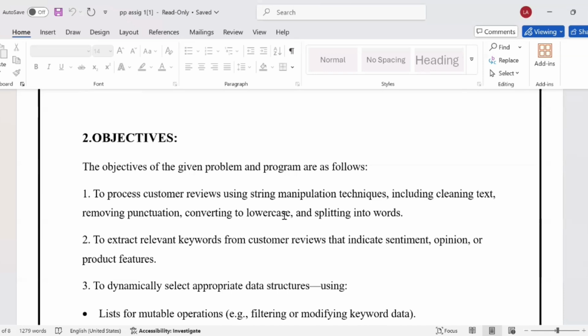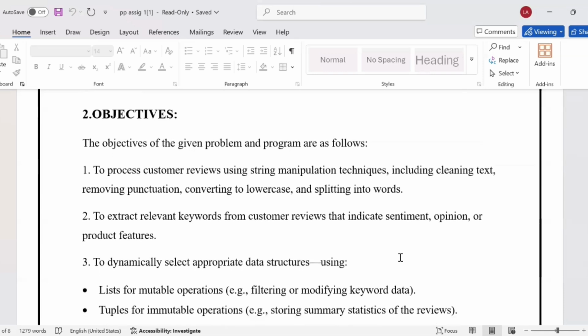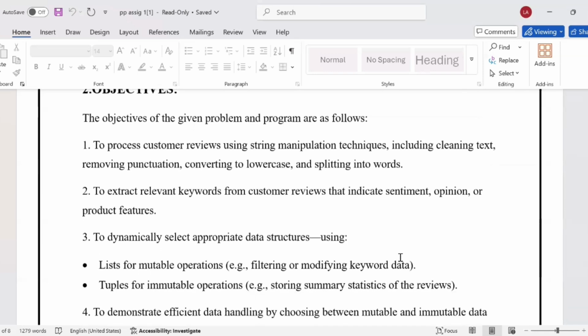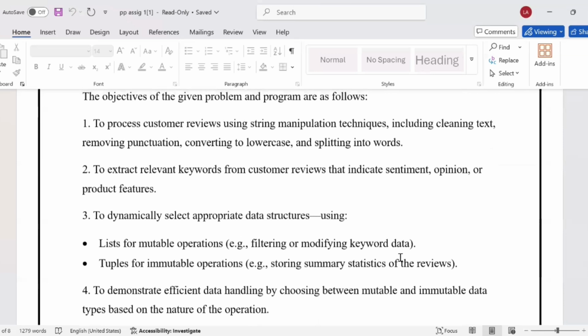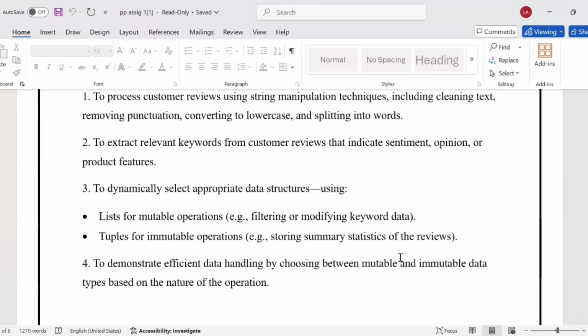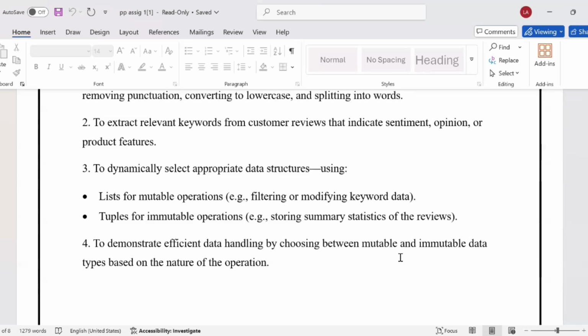To dynamically select appropriate data structures: lists for mutable operations, for example filtering or modifying keyword data, and tuples for immutable operations, for example storing summary statistics of the reviews. To demonstrate efficient data handling by choosing between mutable and immutable data types based on the nature of the